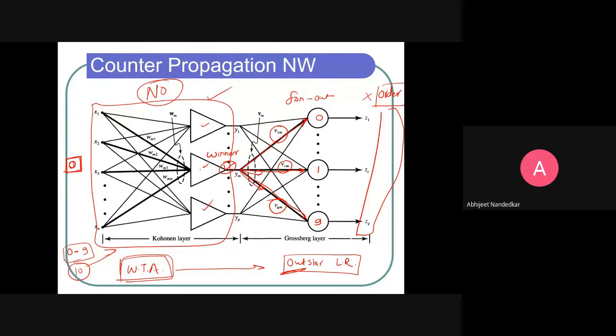Say for example, I am applying input here, which is digit 0, and say this is the winner. So this neuron is winning. So this is representing 0, but I want this max output to be here at the first position, not here. So what I do, I apply my desired response like this. Say this is 1, 0, 0. So this becomes my desired vector for this input.